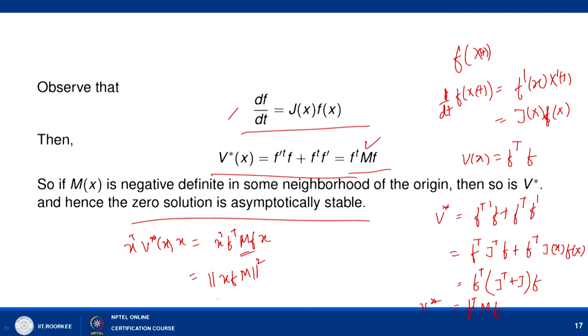So, if M is negative definite, then this quantity is going to be negative for all non-zero x. Here you can take f of x as y, and similarly y transpose will be x transpose f transpose. So, it is nothing but y transpose M y, and since M is negative definite, this quantity is less than 0. So, it means that V star of x is negative definite, and hence your V of x which we started with,